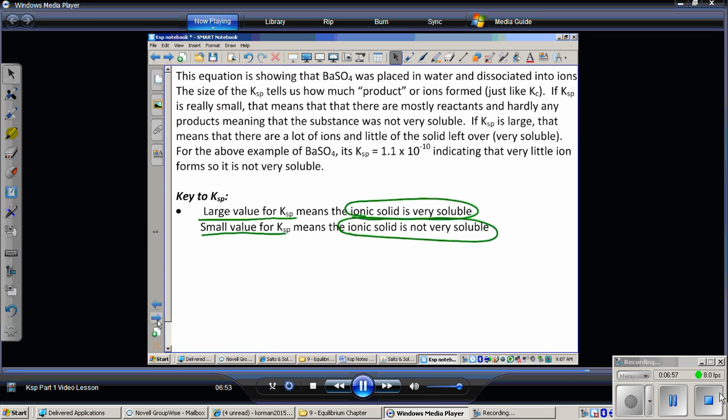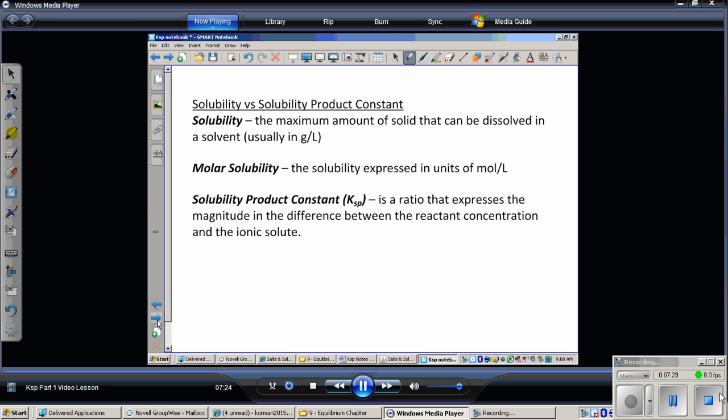So that BaSO4 problem that we just did, its KSP was 1.1 times 10 to the negative 10, and that's telling you that very little BaSO4 will actually dissolve. And again, that can be really useful for us because although only a little dissolves, we still sometimes need to know how much actually did. So you definitely want to learn this, but you probably already know it. As long as you understand what these new equations are saying, the dissociation of the ions, you already know what big and small K values mean. Okay, a couple of definitions, and